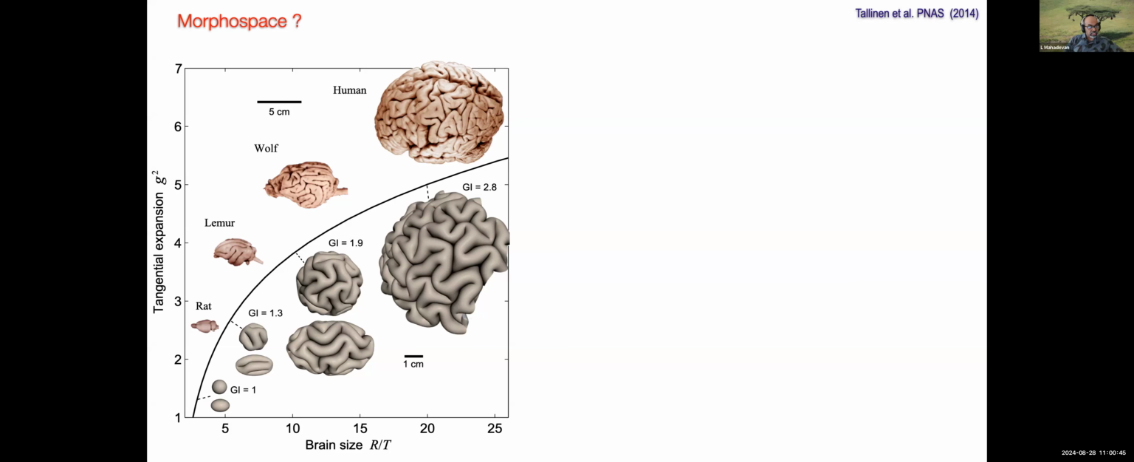And if the cortical expansion is relatively small, then it's unlikely to fold. So we know that from the biological literature. Rat brains, at least the rat cerebrum, is not folded, the rat cerebellum is folded. And as you go